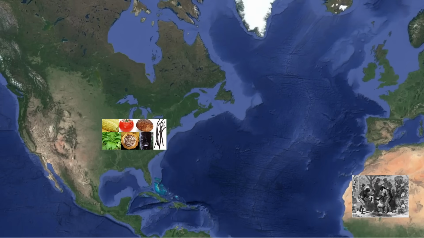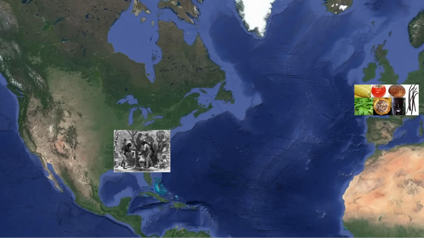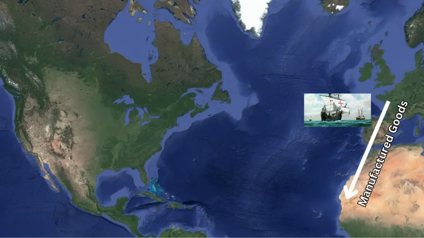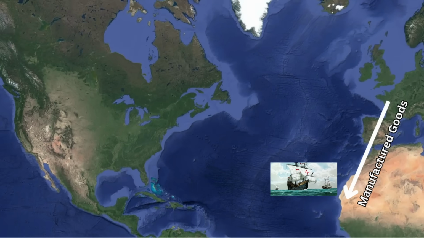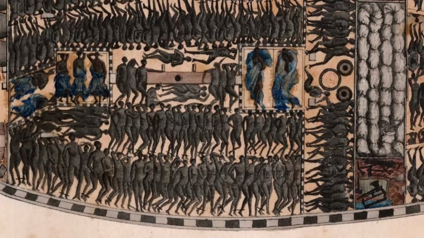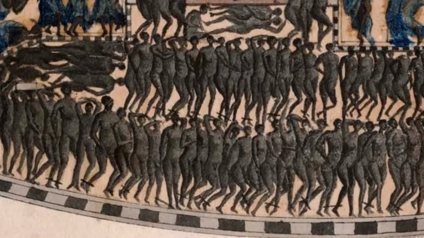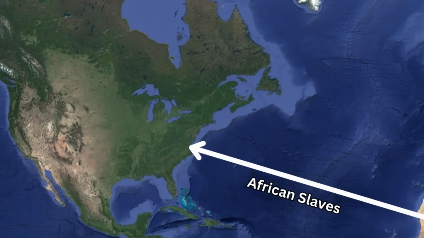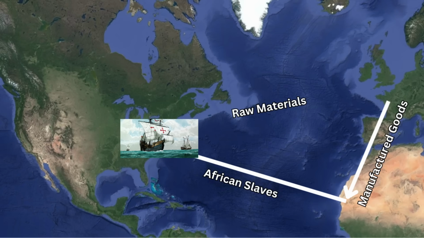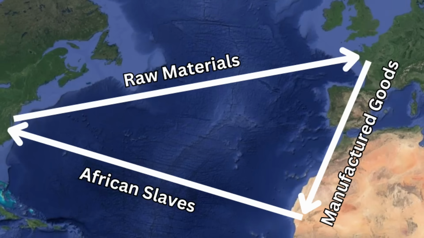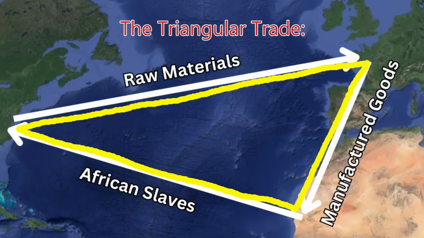And as goods and slaves were being transported, a system of trade known as the triangular trade, where European ships carried manufactured goods such as guns, cloth, and alcohol to Africa in exchange for African slaves to be transported to the New World and have them undergo the Middle Passage, which saw Africans chained and tightly cramped together in ships to the New World. And finally, in the Americas, the enslaved Africans were sold and the ships were loaded with raw materials such as sugar, tobacco, and cotton, which were then transported back to Europe. As you can see, this way of trade resembles a triangle, which is why it's known as the triangular trade.